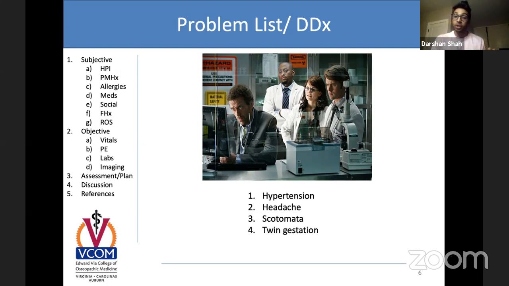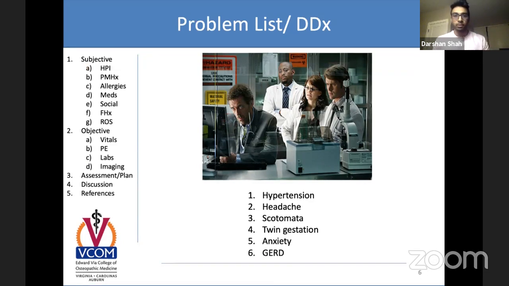She's also having a twin gestation. Now the question is, is that a problem? Well, it's not necessarily an issue. It's not like you shouldn't have twins, but it's something we now need to delve further into to make sure how the twins are positioned. Are both babies in good health? What type of twin gestation is it? So those are the things we gotta think about. And then lastly, she has anxiety and GERD, right, which is going to be lower on her differentials, not really things we want to focus on too much, but we just write them down to be thorough.